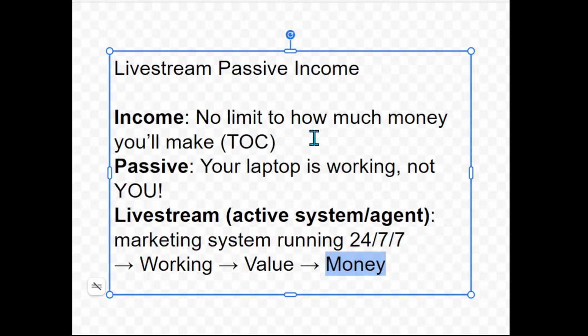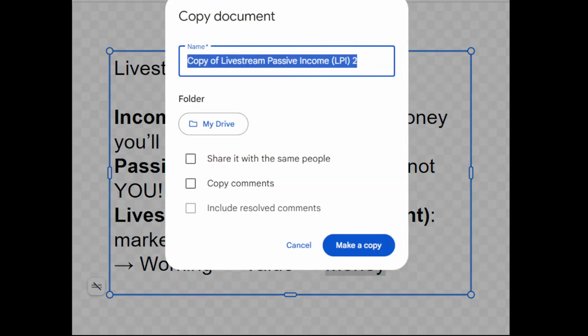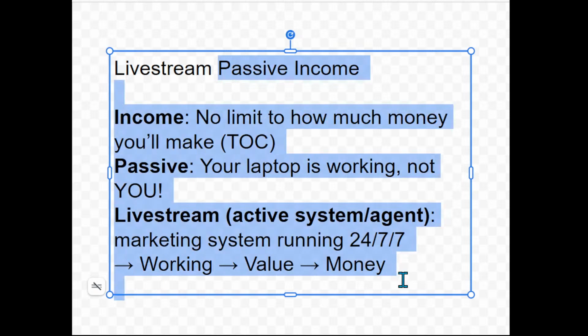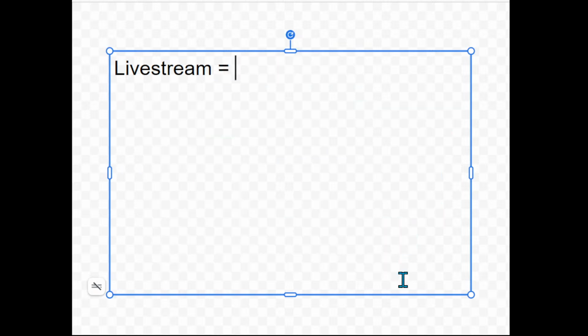So for people who are new to live streaming, I just want to mention a couple of technical details. Live streaming is when you're using OBS Studio, which is a free software program that you can download to your laptop or computer. Okay, OBS stands for Open Broadcaster Software. So you're using OBS Studio and you're live streaming